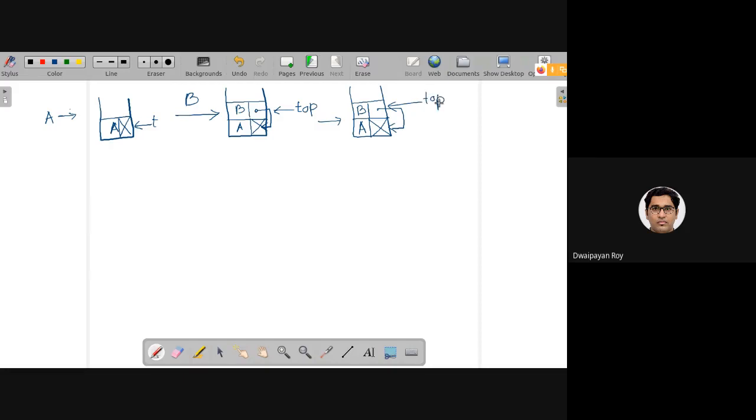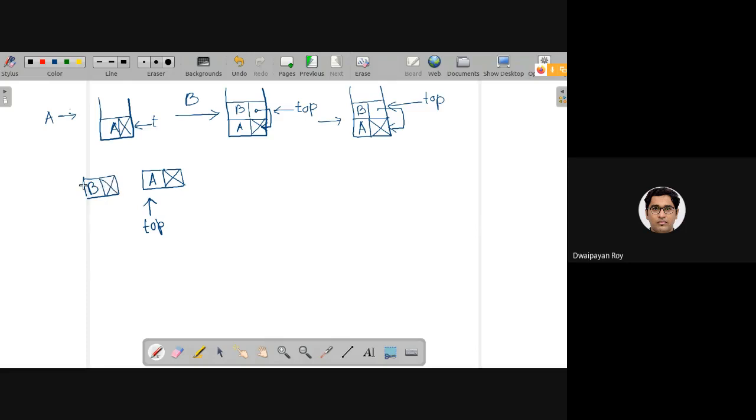If I draw this in a linear fashion, first A will be created, the next pointer null, top was set to here. Then another node is created, say B, and first of all, its next is set as null.